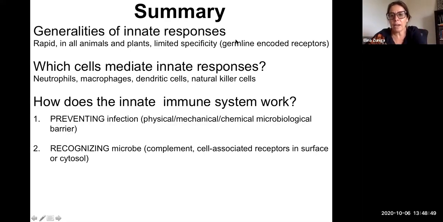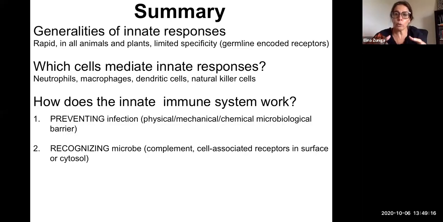And the receptors that recognize the pathogen patterns are encoded in the germline. These are the receptors of the innate immune system. We learned about innate immune responses occurring to some level in all cells of our body,